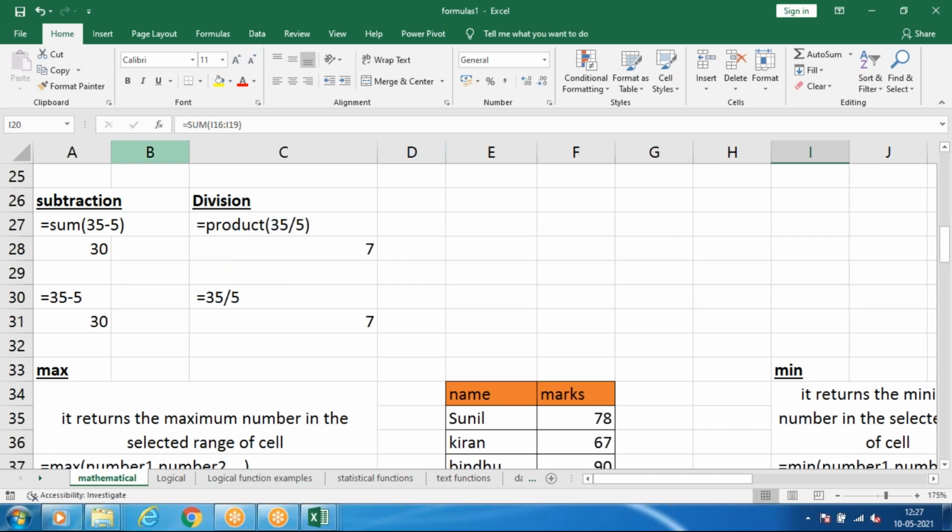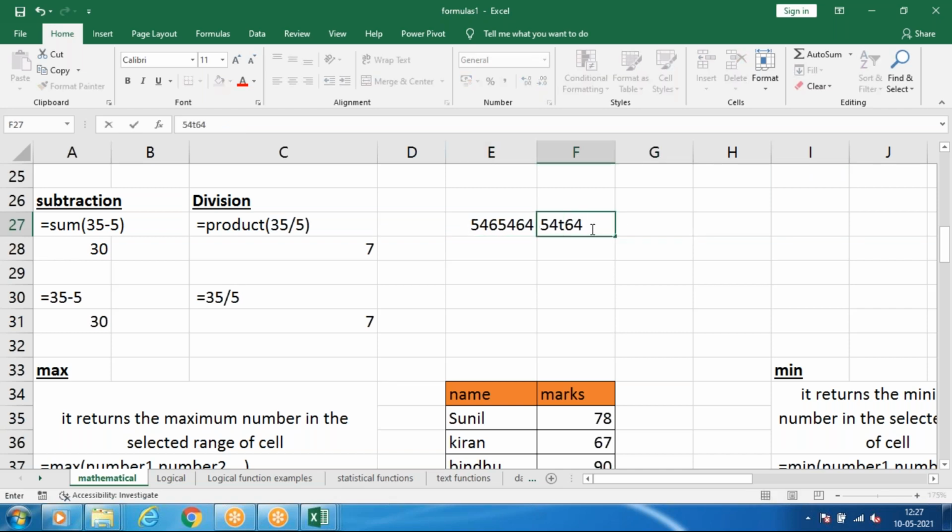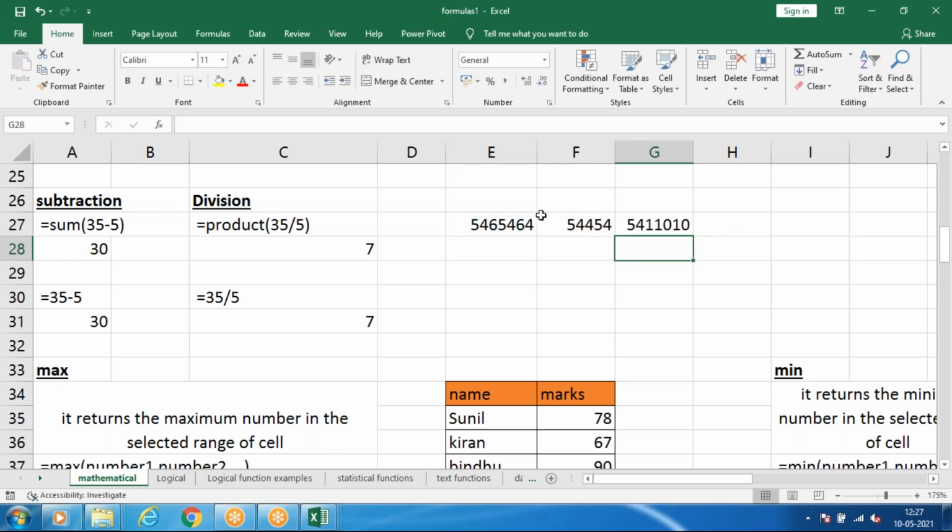And for subtraction or division, inside sum only you can type like this, but instead of that you can directly type the values. Example, if I have some value like this and minus some other value like this, so I want to subtract these values, that time you can put equals this, minus symbol, and this, give enter. So directly you can do like this, and if you change any value in this, automatically it will change here also. So that is subtraction. For division also similar concept.